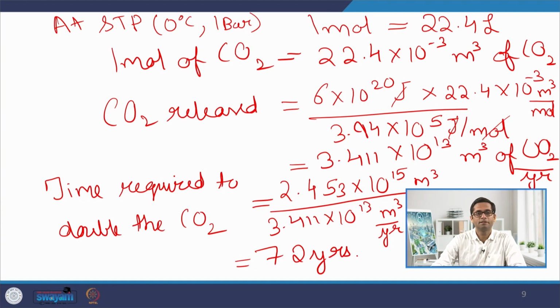If we see the past, the energy consumption globally has continuously been rising. If this number was to be rising in the future as well, possibly the time for doubling the amount of CO2 will be even less. Suppose we double the amount of energy consumption in the next 10 or 15 years, then to double the CO2, it will come out to be roughly 36 years. If I increase the energy consumption to a greater extent, this number can be even lesser, maybe even 1 generation. So, again, this is not a complete calculation, this is not a perfect calculation, but this is just to give you an idea of the problem at hand.